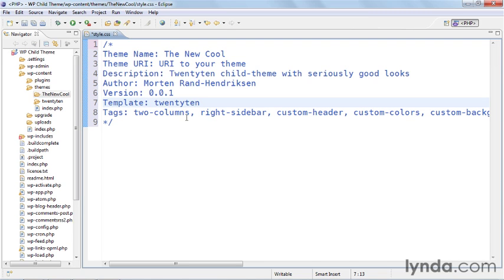And finally, we have the tags. I've simply taken the tags from 2010 because we're going to use the same core structure. But you can also add and subtract tags here, and it doesn't really matter. You just put in whatever you feel like. I'm going to save this file, and now we can go to WordPress admin,